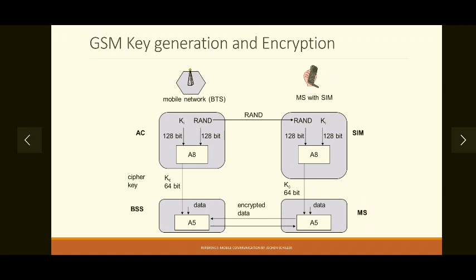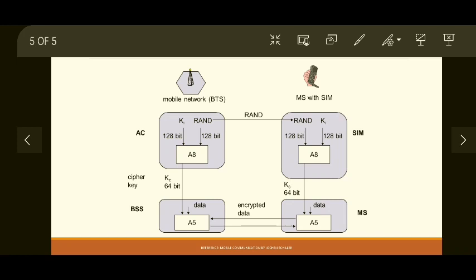So let's go to the encryption mechanism. Similar to authentication, again the authentication center or access control generates a random number which is given as a challenge to the user. Both the mobile network as well as the mobile station, that is the SIM card, will use the same authentication key which was used in the authentication process.